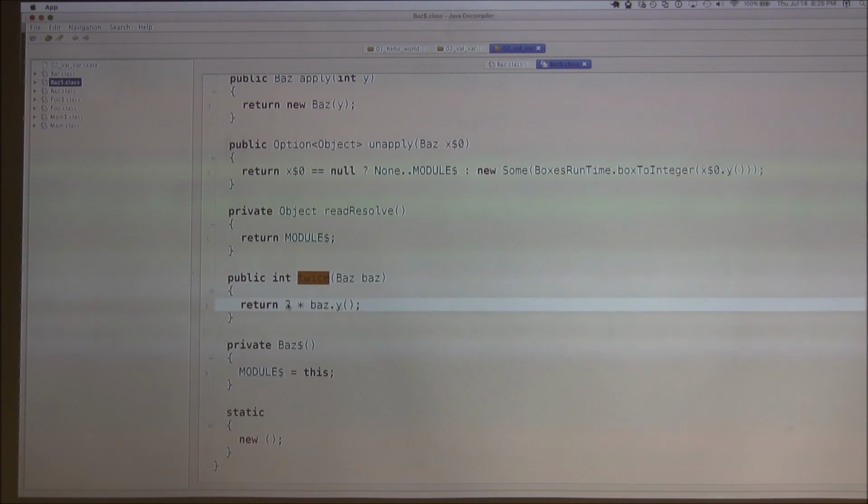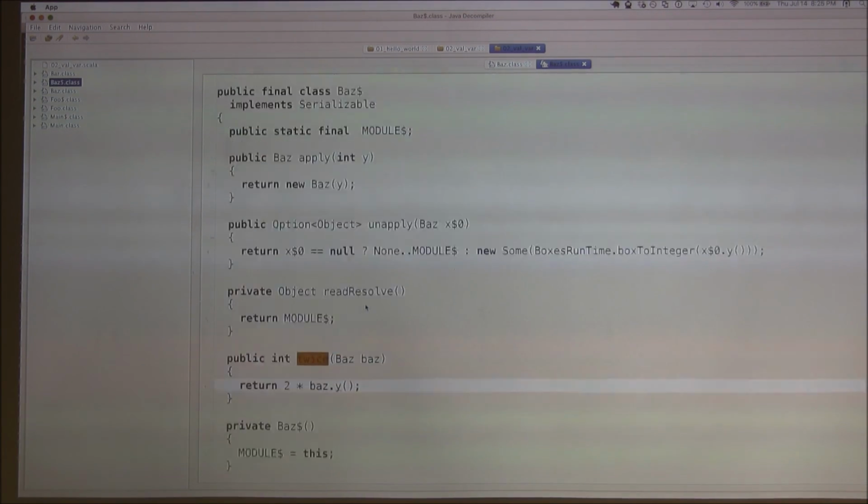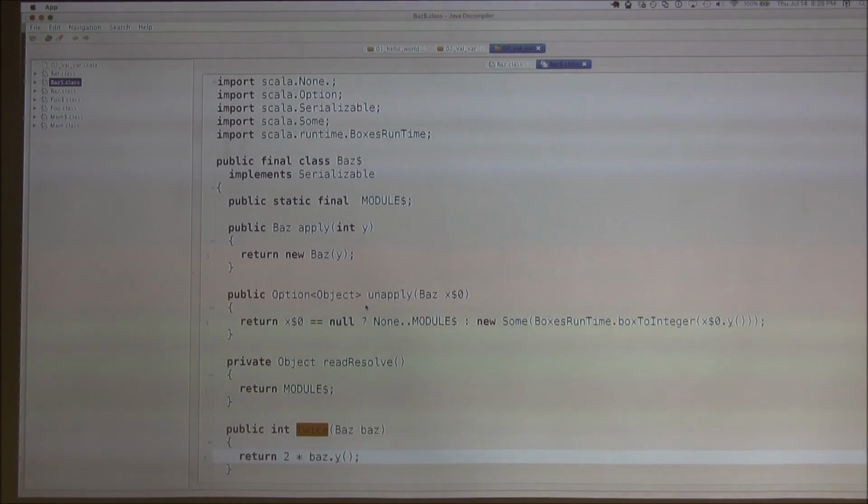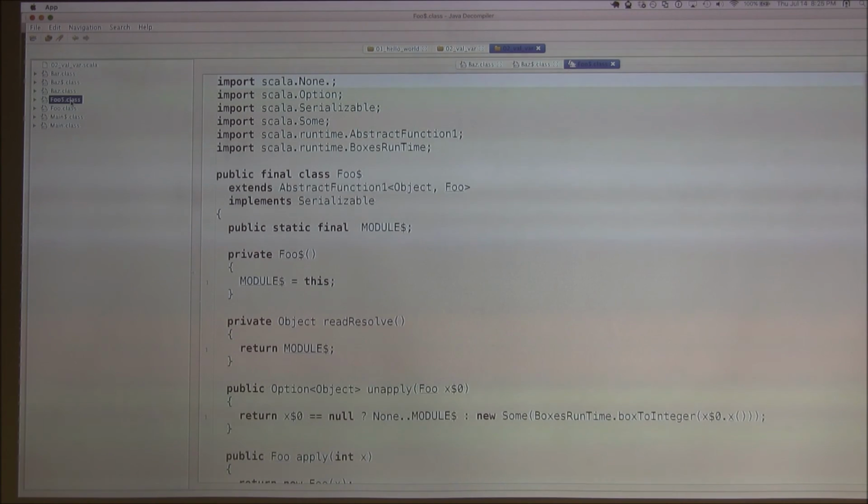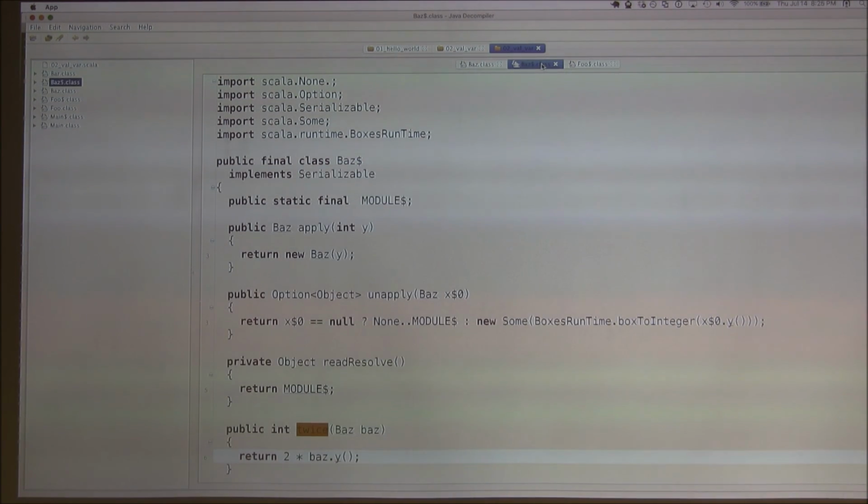All right, so now here we're doing the $2, but does this companion object look the same as our other one? I can already tell you no. So here's our foo dollar, which is the Scala generated one. We can see that this inherits from abstract function, whereas our baz one doesn't. Yep. So we've already got